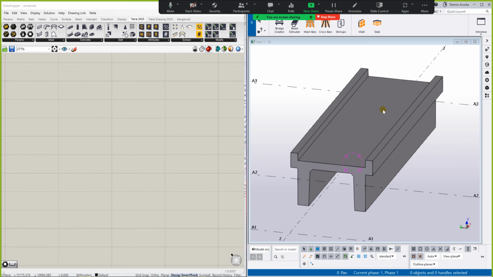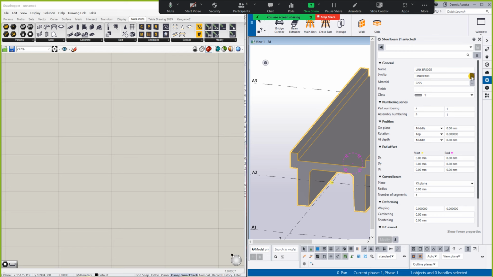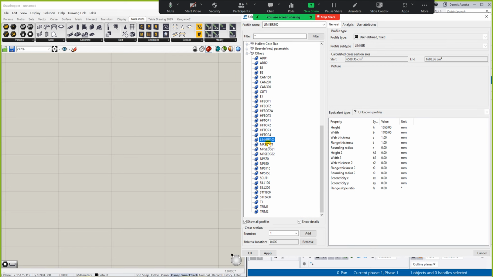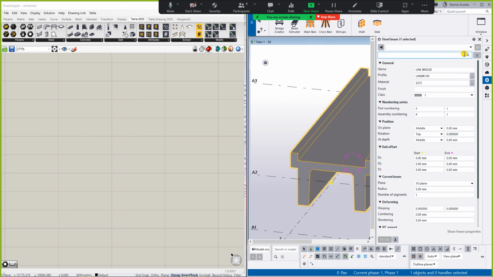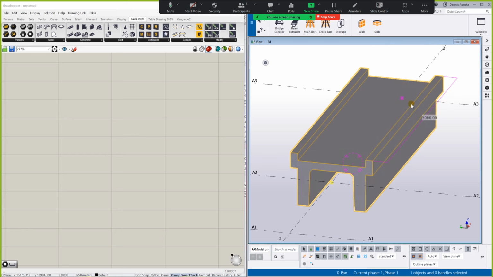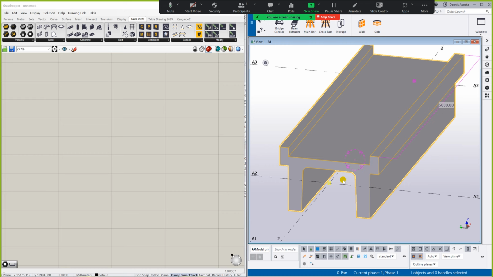The profile could be from the library here, and the profile could be parametric as well, right? But this time, this is something like a fixed profile, our first example. Later, maybe next example, it will be using the parametric profile, because with this fixed profile the size of this one is fixed, okay? But the important thing here is to know how we're going to add the rebar using